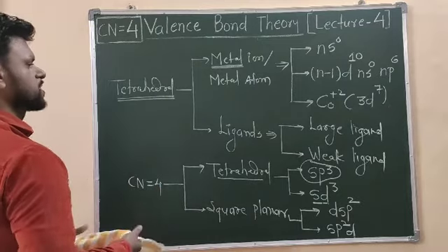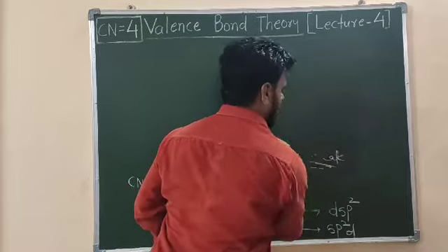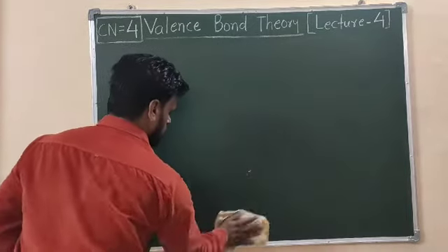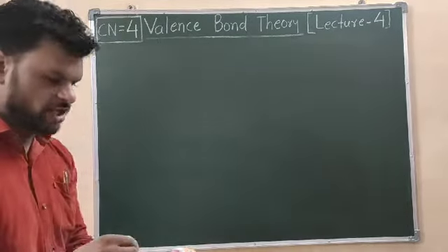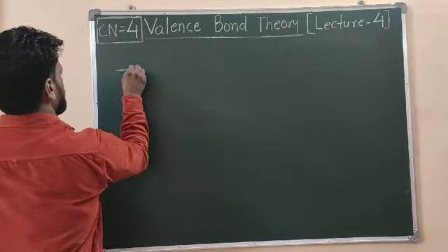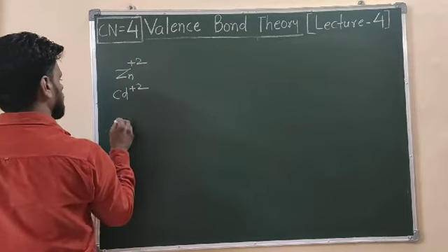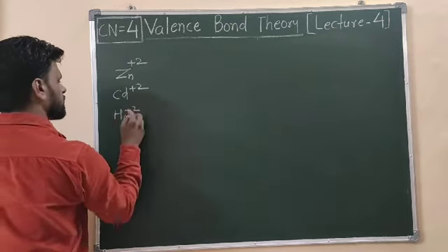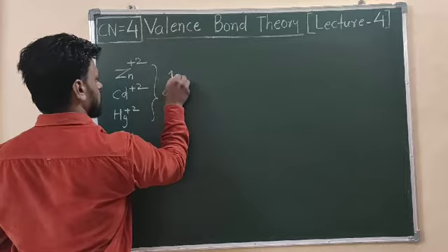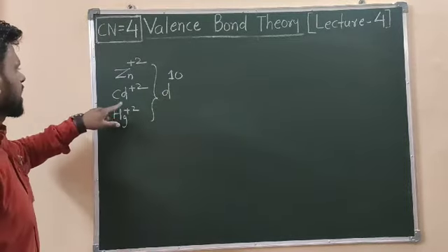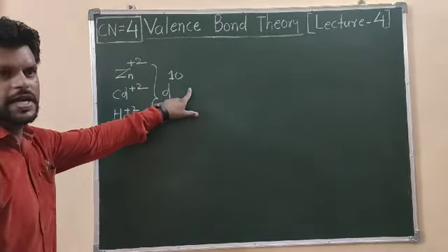So it's time to discuss some more complexes in this regard. Please do remember that when we need to identify the complexes, you need to know the ligands as well as the metal ion. Now we can directly identify the complex nature. Let's say we have zinc plus 2 ion, cadmium plus 2 ion and also mercury plus 2 ion, right? All these have a d10 electron configuration. Zinc plus 2 is 3d10, cadmium plus 2 is 4d10 and mercury plus 2 is 5d10. This is the d10 system.